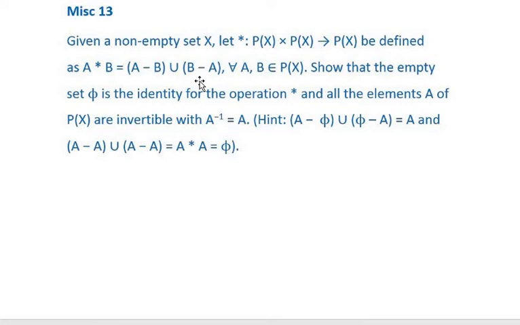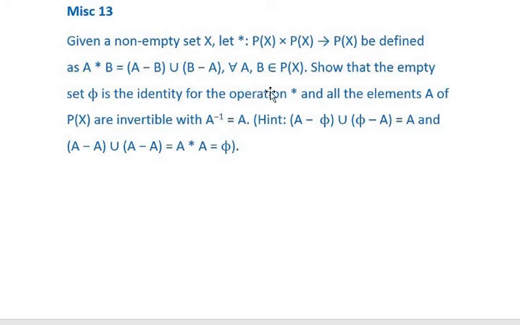Here you have to recall the set theory from standard 11. A minus B means we will only consider elements of A which are not in B, that is A minus A intersection B, and B minus A means all the elements of B which are not in A. So we just need to consider all the elements of B minus A intersection B. So in short, in both of these we are not considering A intersection B. In other words, we can also say that A minus B union B minus A is equal to A union B minus A intersection B. You have to verify this by taking one example, and that is your homework.